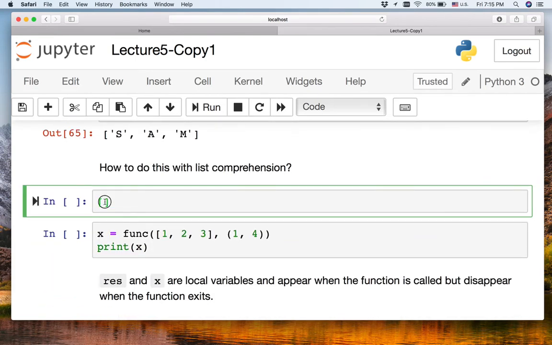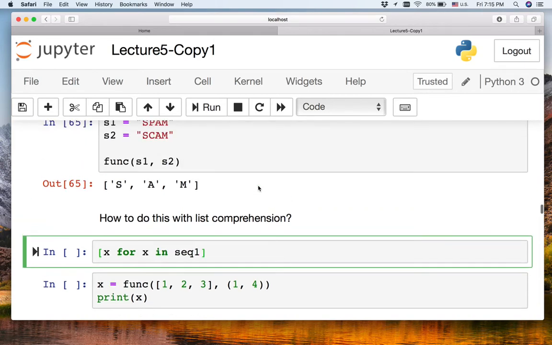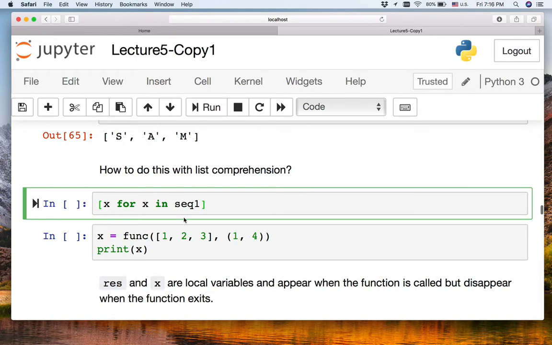I return X for X in sequence 1, so I call, sorry, S1 if, tell me, S2